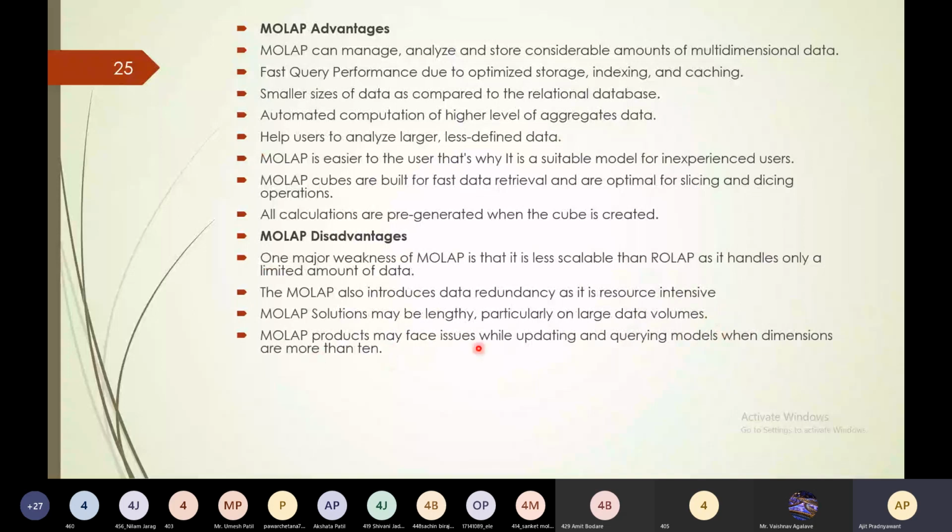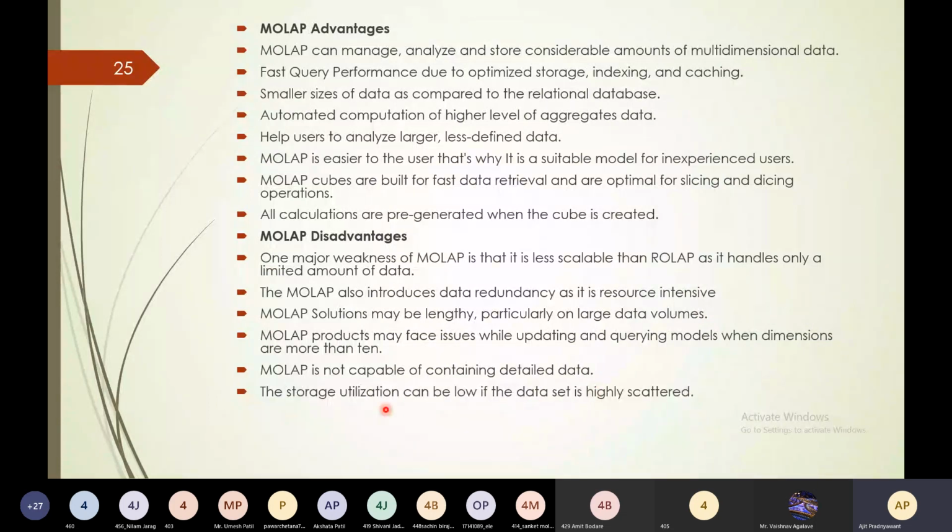MOLAP products may face issues while updating and querying models when dimensions are more than 10. MOLAP is not capable of containing detailed data. The storage utilization can be low if data is highly scattered. It can handle only a limited amount of data, therefore it's impossible to include a large amount of data in the cube itself.